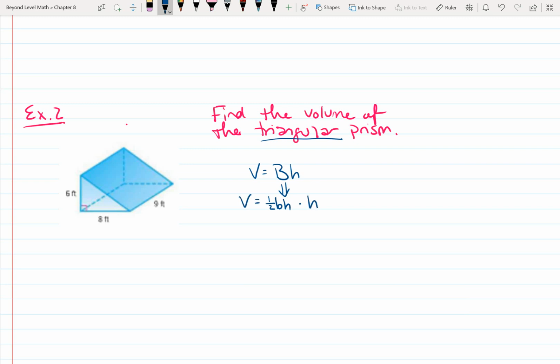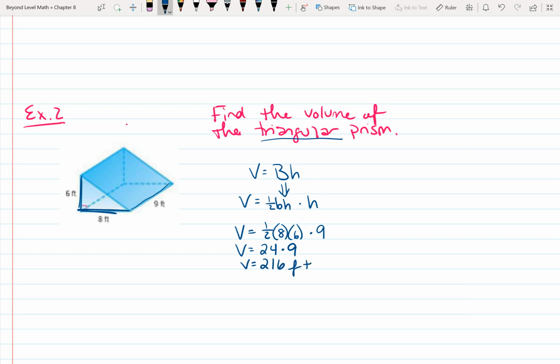So in this case, the base of the triangle is this 8 feet. The height of the triangle is this 6 feet. And if we set it on a table on its base, it would be 9 feet tall. So let's plug in what we know. V equals 1/2. Again, the base is 8, times the height of the base, which is 6, times the height of the actual prism, which is 9. So 1/2 times 8 gives us 4, times 6 gives us 24, times 9, and we get V equals